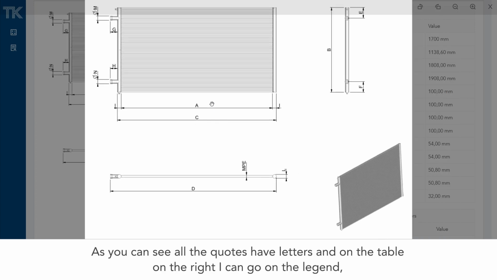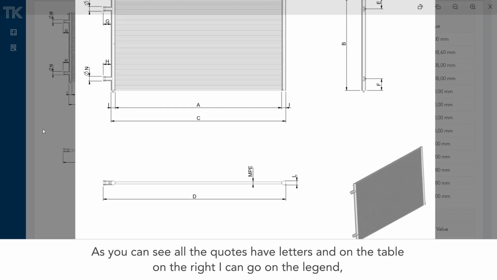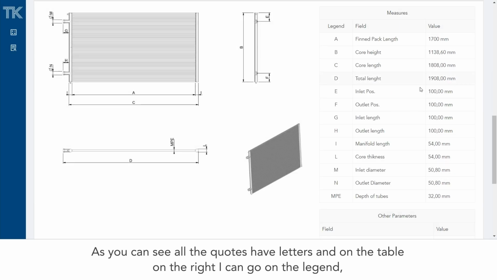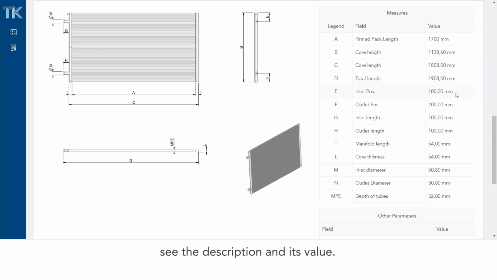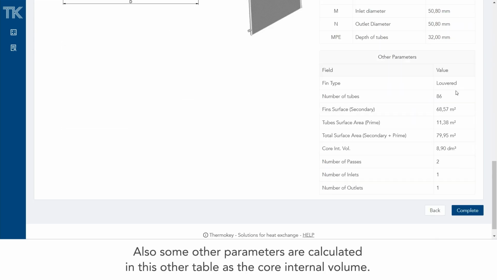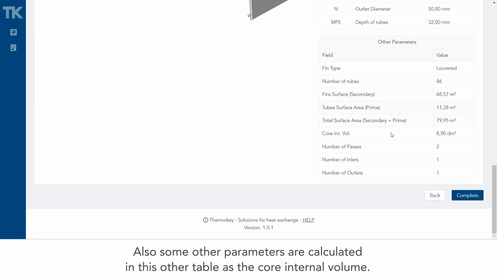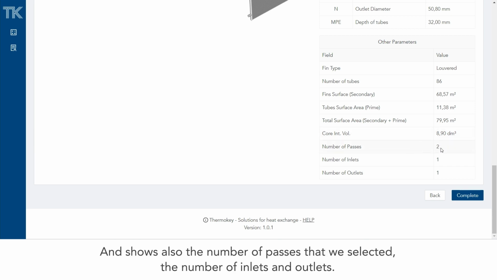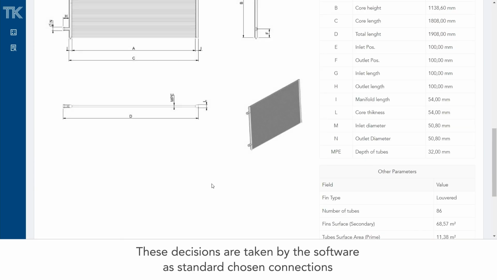As you can see, all the quotes have letters, and on the table on the right hand side I can go on the legend, see the description and its values. Also some other parameters are calculated in this other table, as the core inlet volume, and shows also the number of passes, the one I selected, the number of inlets and outlets. These decisions are taken by the software as standard